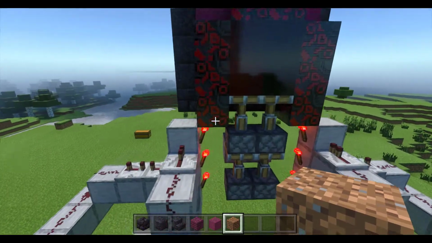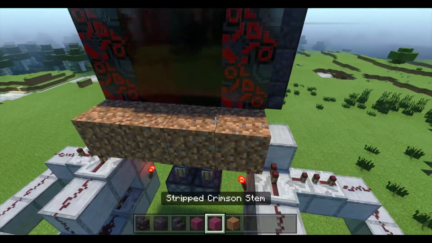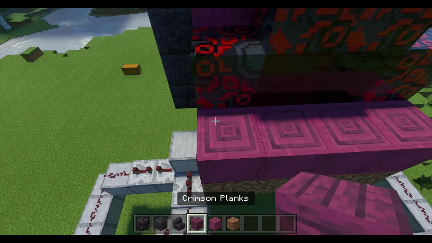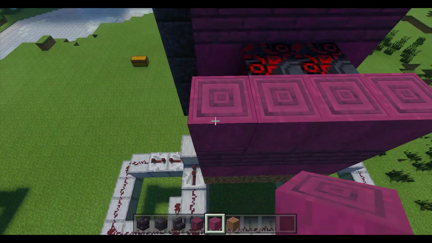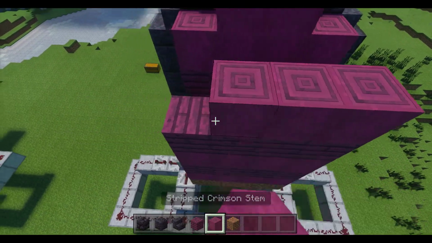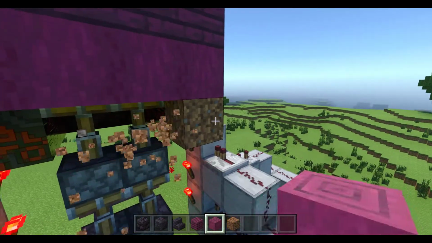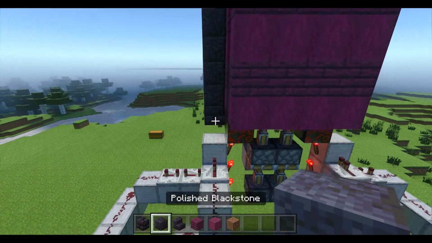And I'm going to start that by just placing a couple temporary blocks down here to make it easier. And then we go with stripped crimson stem, and then a row of crimson planks, a row of stripped crimson stems, another row of planks, and then another row of stems, and then 2 stems in the middle. And then it looks like this. You can go ahead and break out these temporary blocks, and then we're going to go ahead and